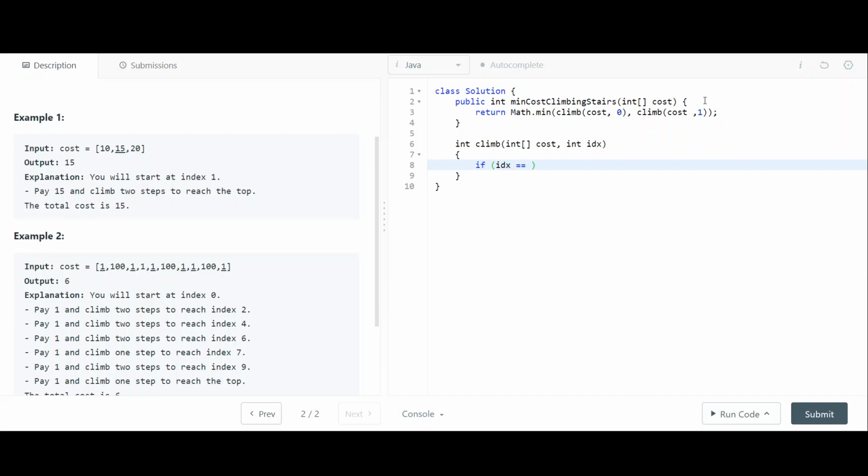if the index that you are at is cost.length or greater than or equal to cost.length, what that means is you have climbed all the stairs, and then you want to return something. What do you want to return? 0, I guess. There's no further cost associated. Otherwise,